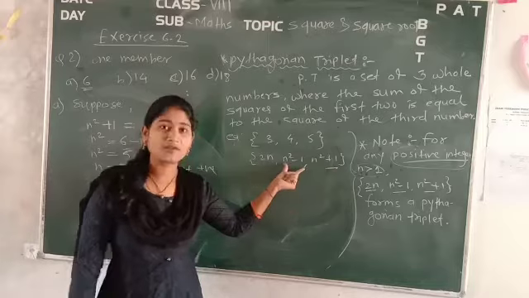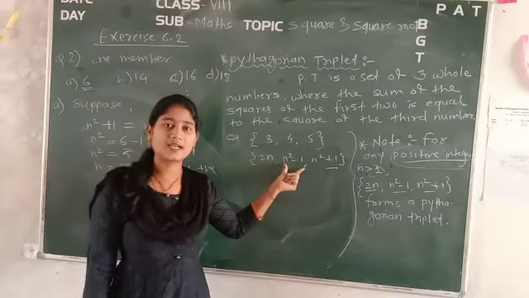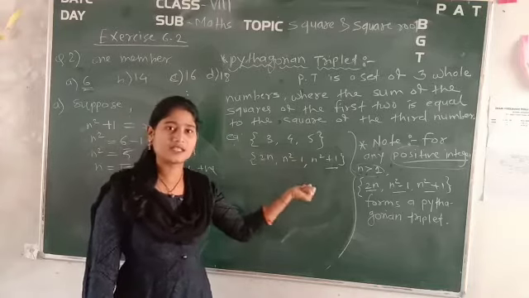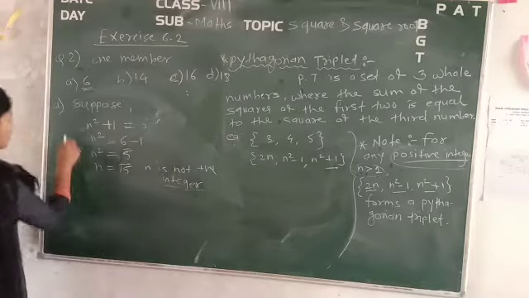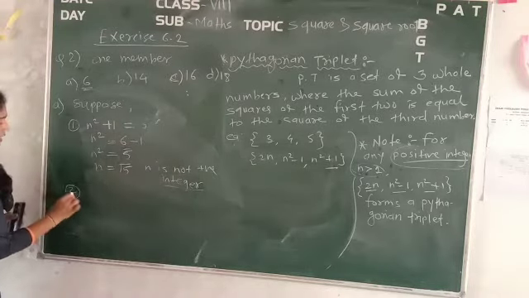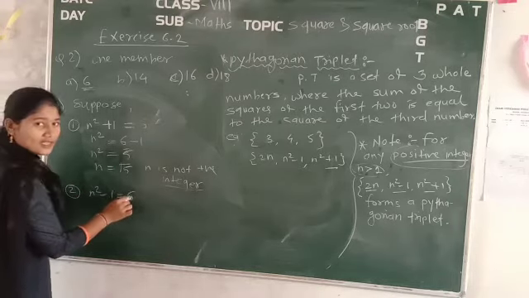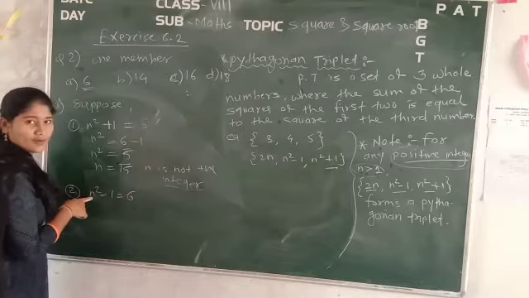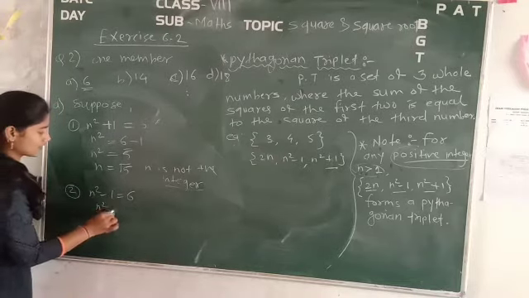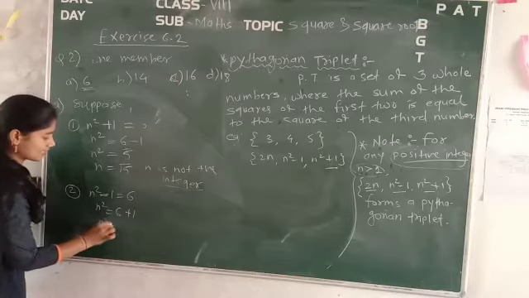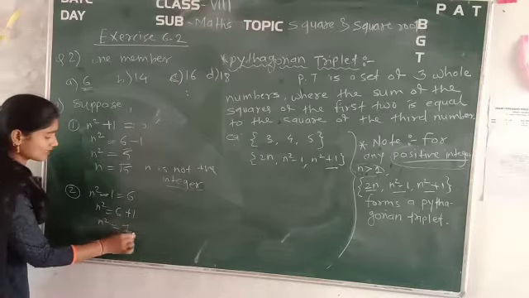So what do we have to do now? We will turn to the second condition, that is, we will consider this 6 as the second member, that is n square minus 1. Okay. So now this was the first. So second, consider n square minus 1 is equal to 6. Now consider this 6 as the value of n square minus 1. So find out n square is equal to 6 as it is, minus 1 will become plus 1, and this n square is equal to 6 plus 1, it is nothing but 7.